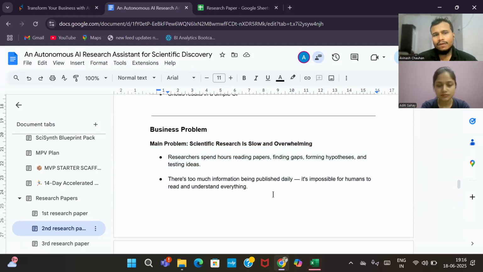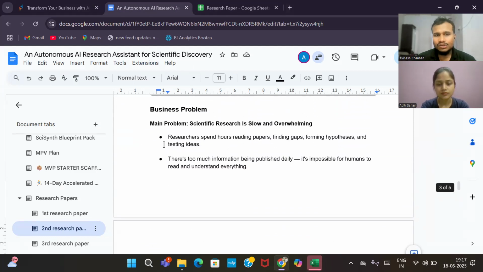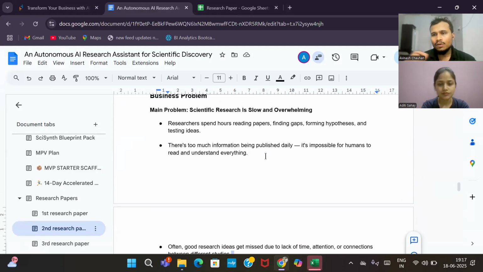So whenever we are writing any business problem, we have to try to make it in 3 to 4 words, or 4 to 5 words, not more than that. I can see here there are obviously 2, 3 lines. Instead of 2, 3 lines, you can put it into 2, 3 words. What 2, 3 words should be there? You can use keywords like